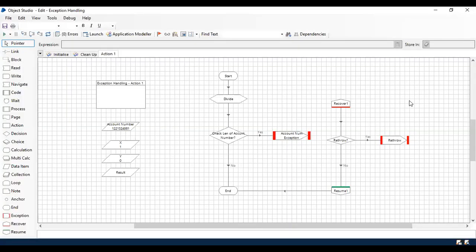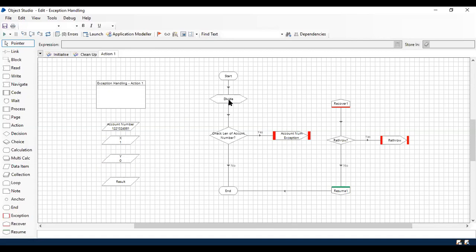I'm using the same business object which we explained in the previous session for exception handling. In the same object, I've added the account number check and the division which we have explained. So here we are going to see the preserve options: what happens without preserving, and how it goes if we throw the exception with preserving.